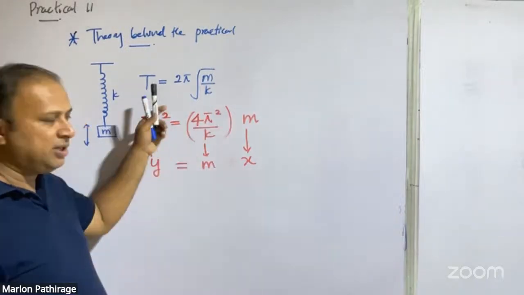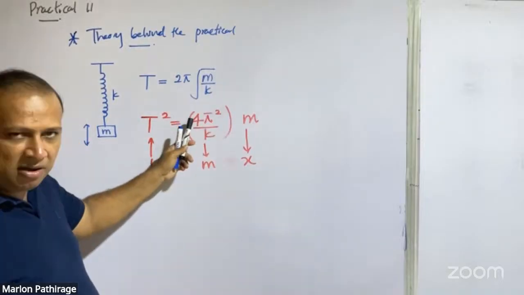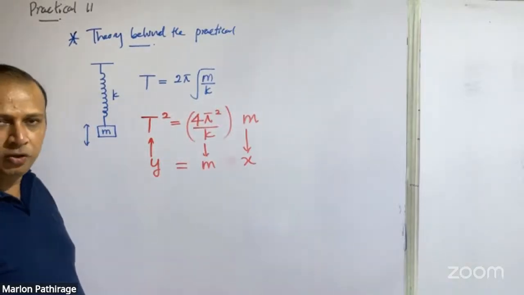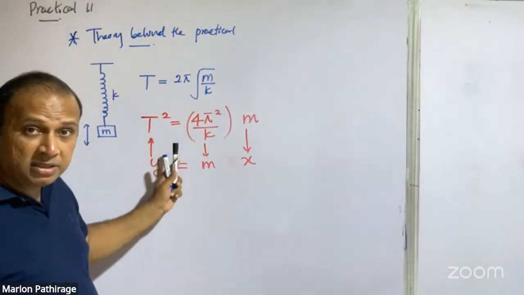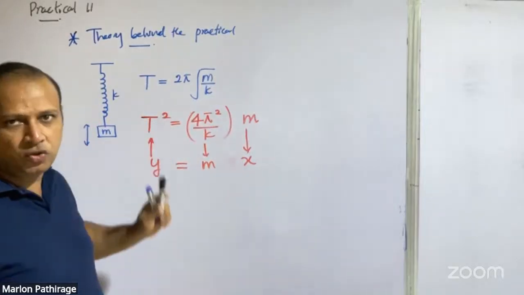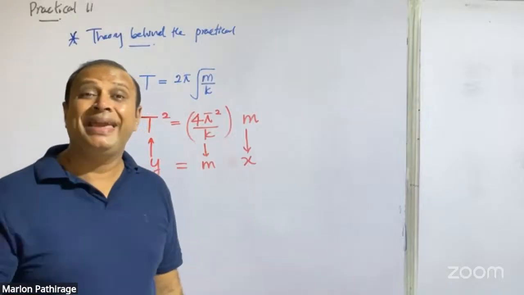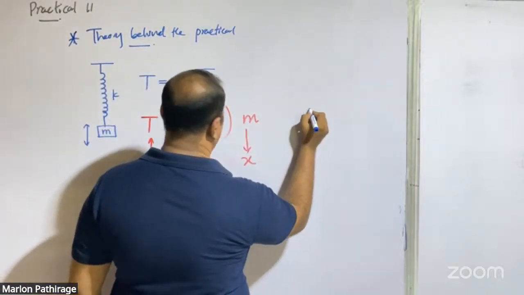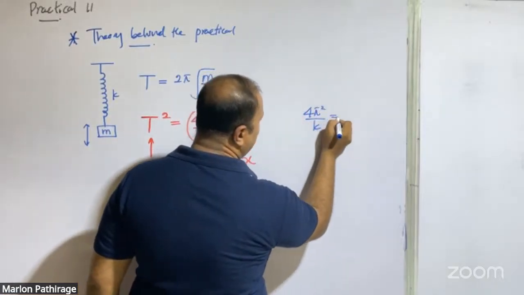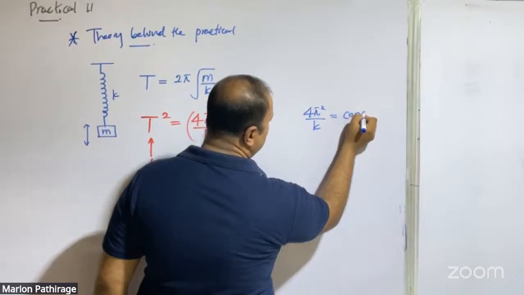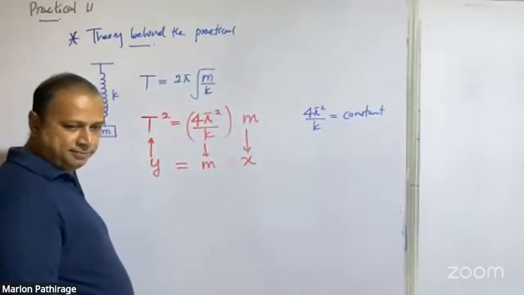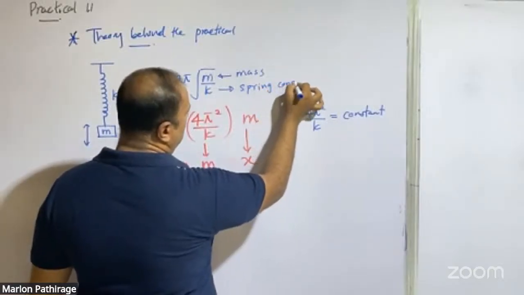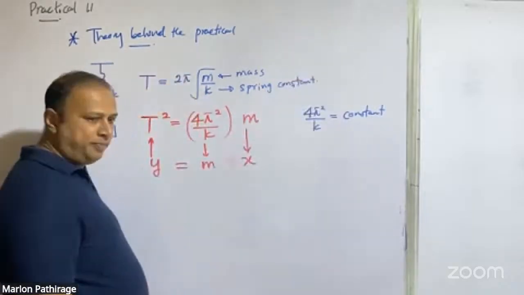Therefore, this part is a constant, and T squared is directly proportional to M. So if I plot a graph between M and T squared, it should be a y equals mx type graph, because 4π squared over K is a constant. If you got this one,